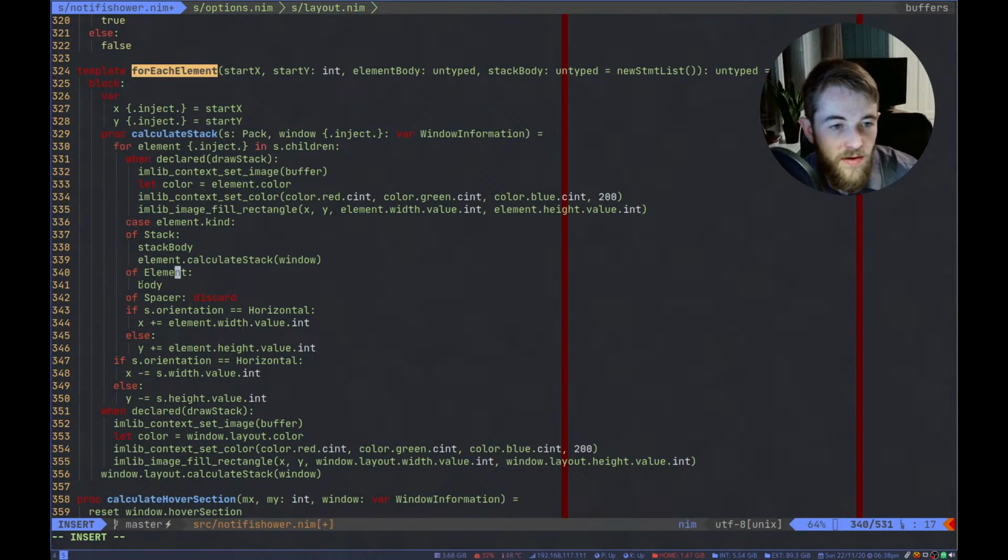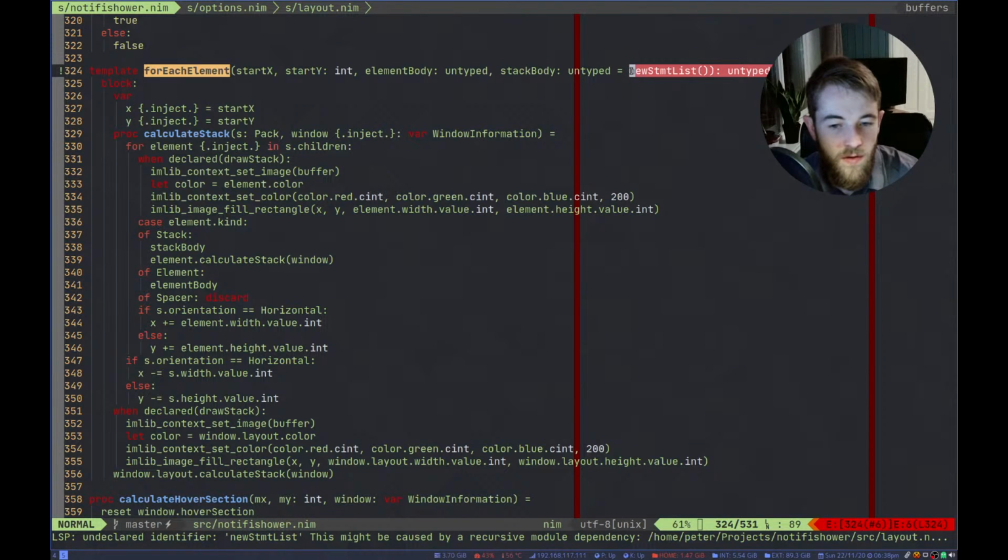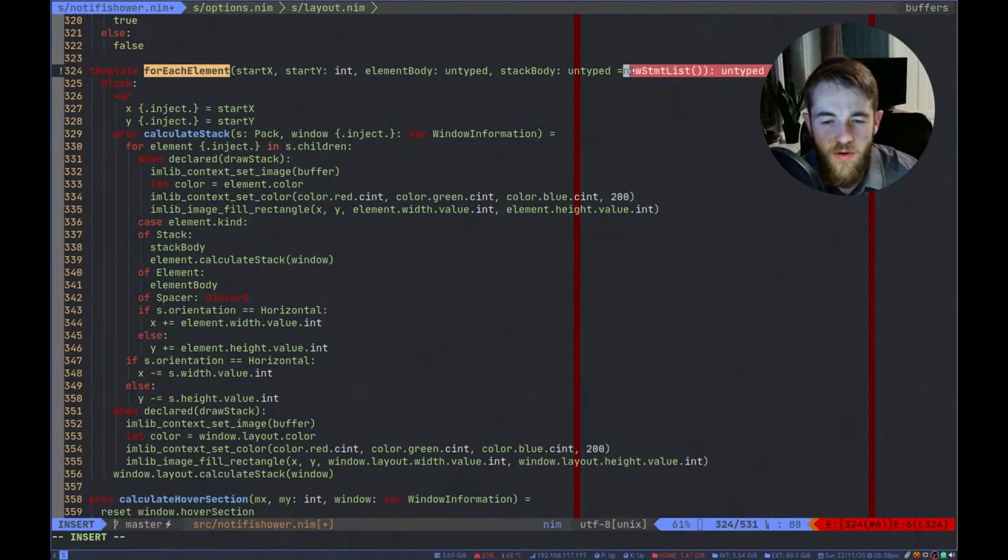Element here does the body thing. That happens anyway, so that's good. Right. Oh, and this is of course now called element body. Seems to be giving us some issue up here. Recursive module dependency. Let's try to do this.